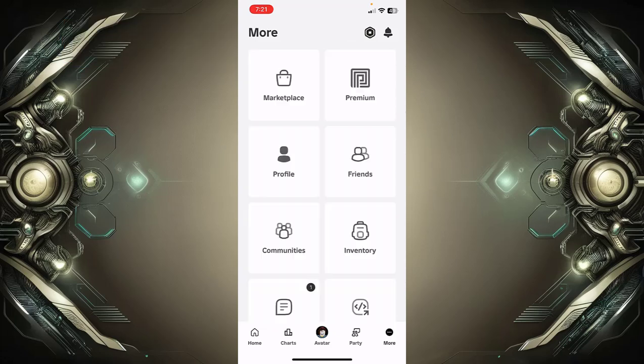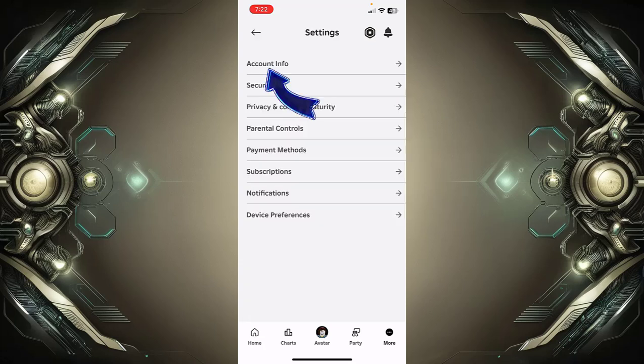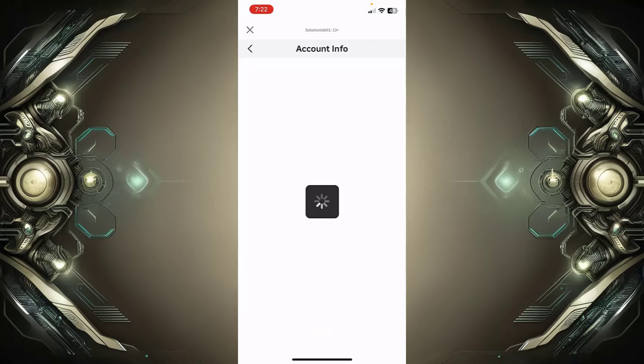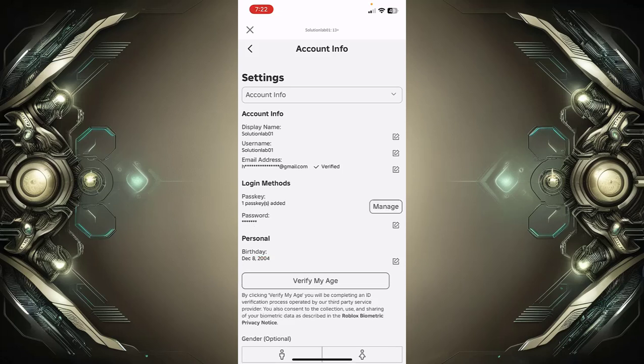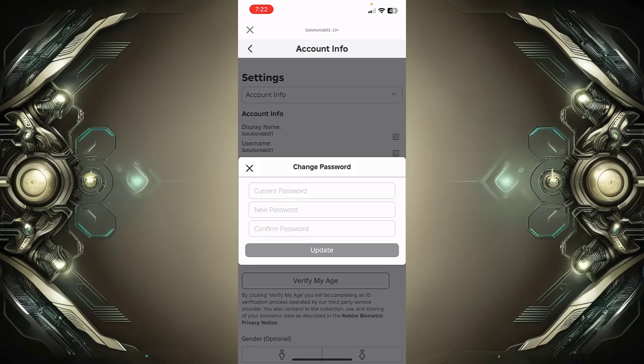corner of the screen, and here you can simply scroll down and tap on Settings. Now tap on Account Info, and after this you can simply see the option Password in the Login Method section. Tap on the pencil icon next to the password, and here you can simply enter your current